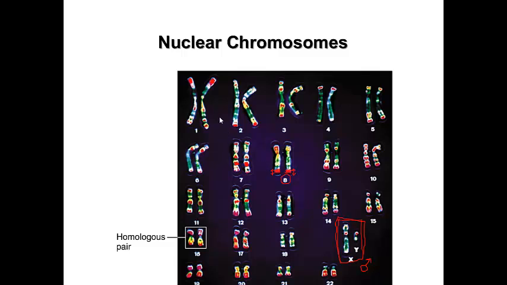Another aspect that I want you to appreciate of this specific karyotype is the fact that the chromosomes are numbered in order from 1 to 22, so that number 1 is the longest set of homologous chromosomes, and number 22 is the shortest, and everything else is proportionally in between. That's how they number chromosomes. It's according to the total length of the chromosomes, where number 1 is the longest and number 22 is the shortest, and everyone else in between is a function of their relative length. So keep that in mind when people give a shout out to the number of the chromosomes.